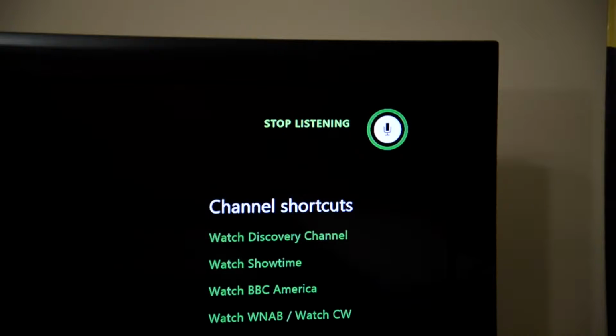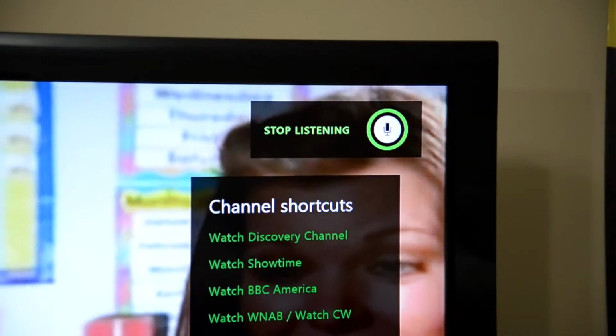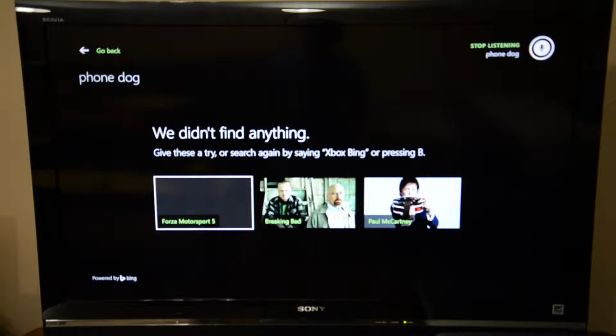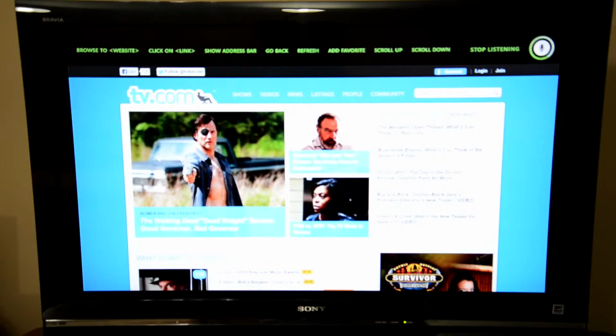Using Kinect to go to applications, games, watch TV, and even adjusting your TV volume is fairly easy. There are limitations though. Voice search on Bing is a little hit and miss, and the web browser's Browse To feature is almost useless for websites that are not made out of real words. CNN would work, but say a site like PhoneDog, and sometimes it would take you to a completely different website